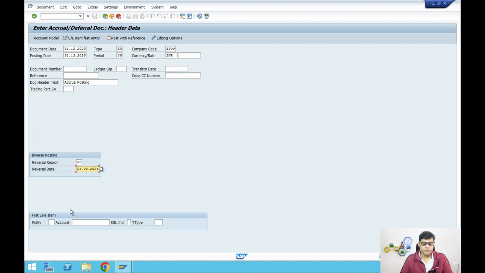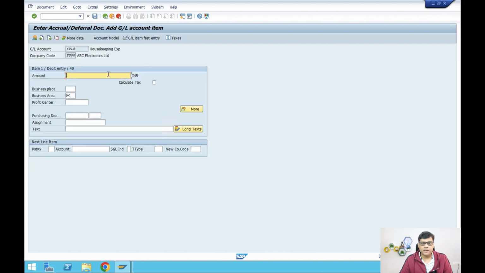Now you can post your normal accounting entry. So debit will be expenditure, posting key 40. Then the required GL account, housekeeping expenditure. Debit the amount as per example, that is 1300. Then a business area is a mandatory field as per my configuration, so I just selected one randomly. Then the credit. Now here we are not going to make the payment, so that means we are not going to credit the bank. We don't have the invoice in December either. So that's why here we are going to credit the outstanding liability or the due.